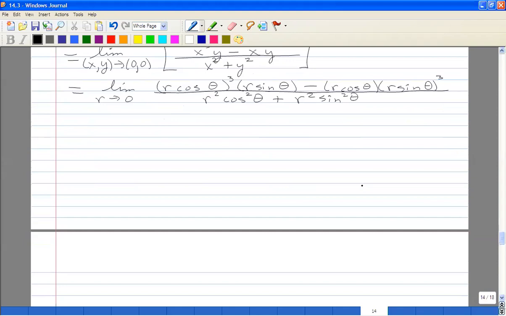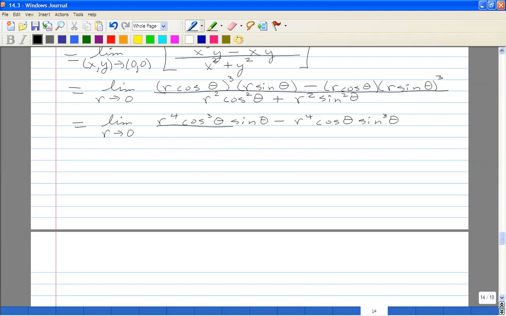And so this is equal to the limit as r approaches 0 of, this will be an r to the 4th cosine cubed theta sine theta minus r to the 4th cosine theta sine cubed theta